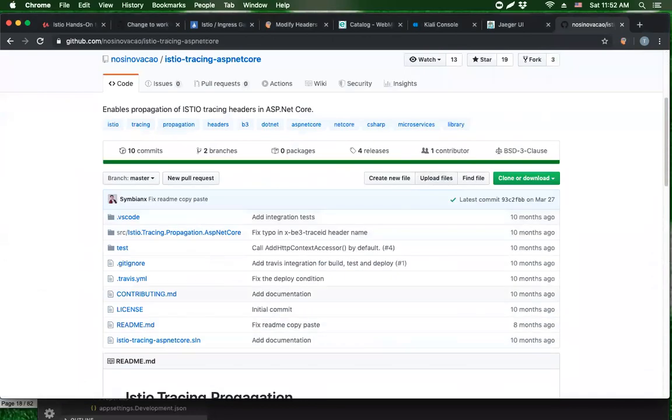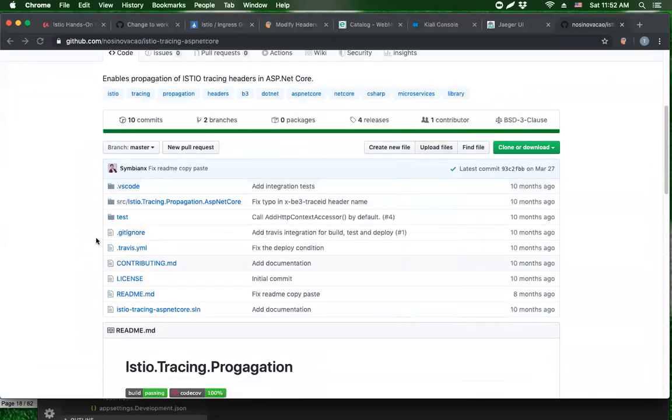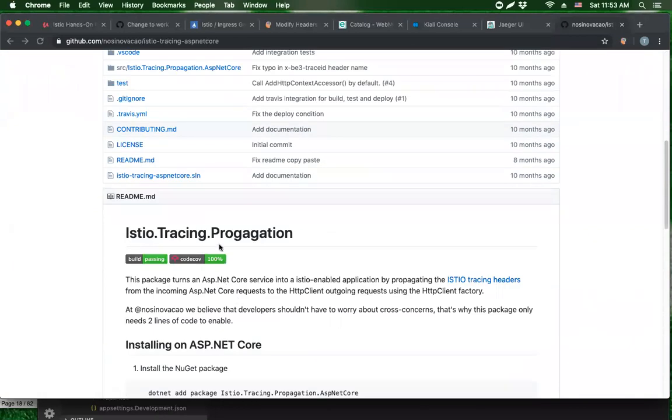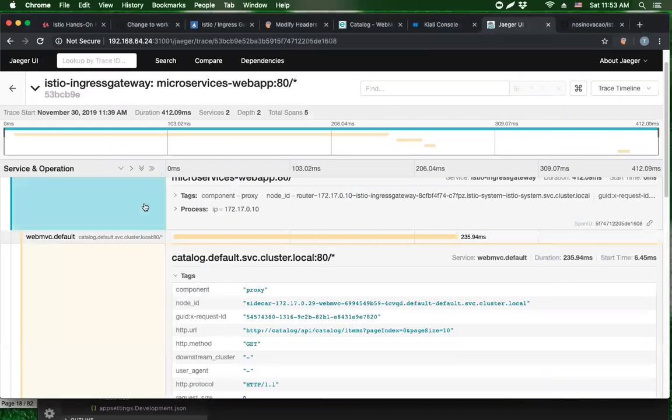As you can see, it is about 10 months old or so, but I'd highly recommend bringing this into your application if you're using .NET version 2 and you haven't had a chance to upgrade your microservices over to version 3. You can bring this NuGet package in, and right out of the box, you'll have Istio header propagation such that you will have a correlation ID, which is this X request ID, and this is actually a well-known